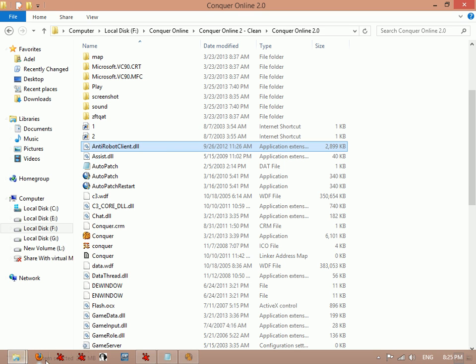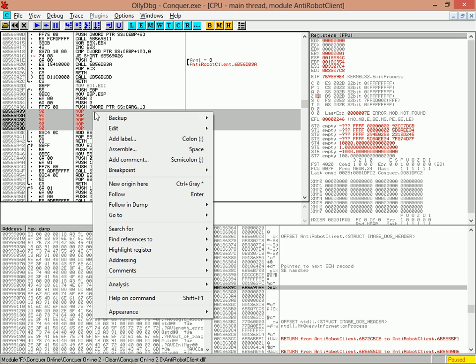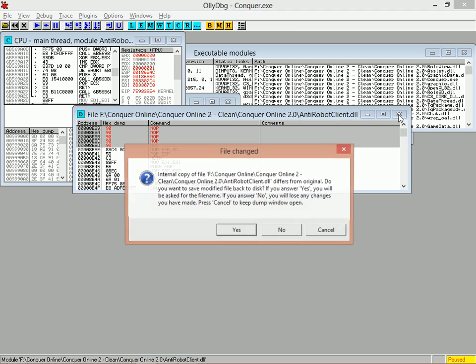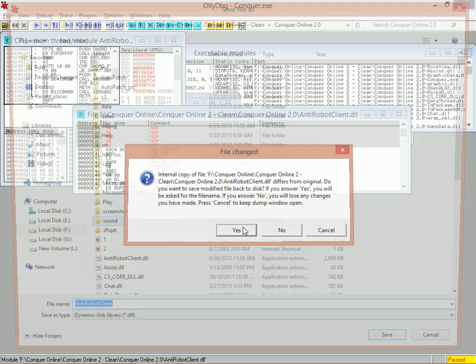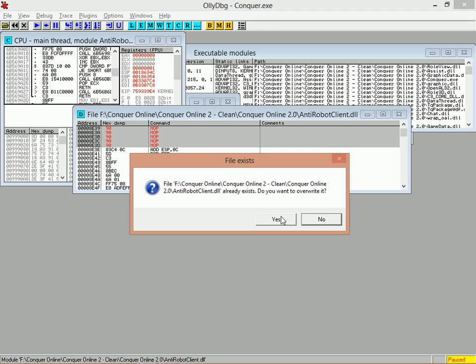So that's what I would do, because if you don't know what you're doing, you can't really restore this stuff unless you're gonna repatch your client from I don't know which version. Anyway, so now that I've set this to NOPs, I want to save it permanently. So right click, edit, copy to executable, and I'm going to hit the X button here, and it'll ask me if I want to save it. I'll hit yes, and again it'll take you into your Conquer client directory, and it'll give you the name of the module. Just hit save, replace it, yes,